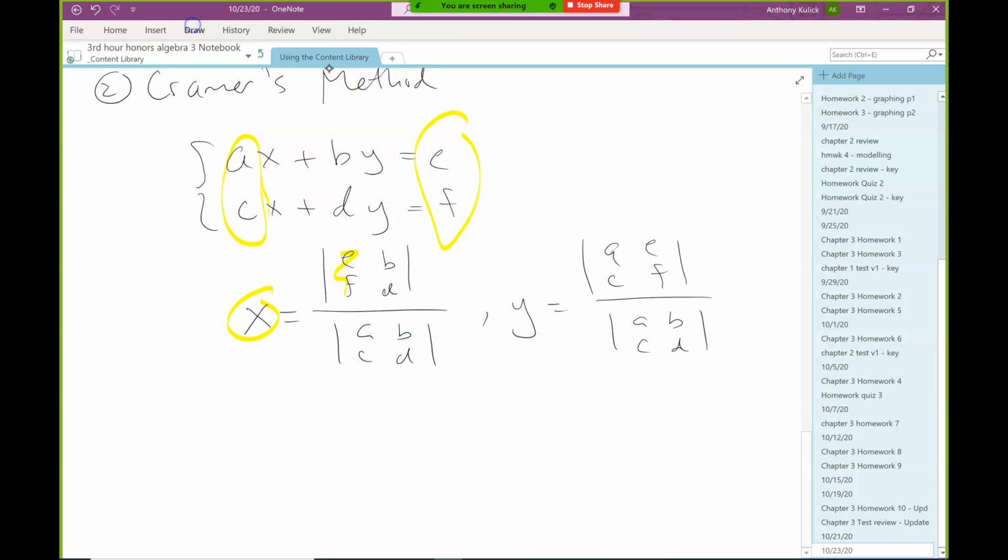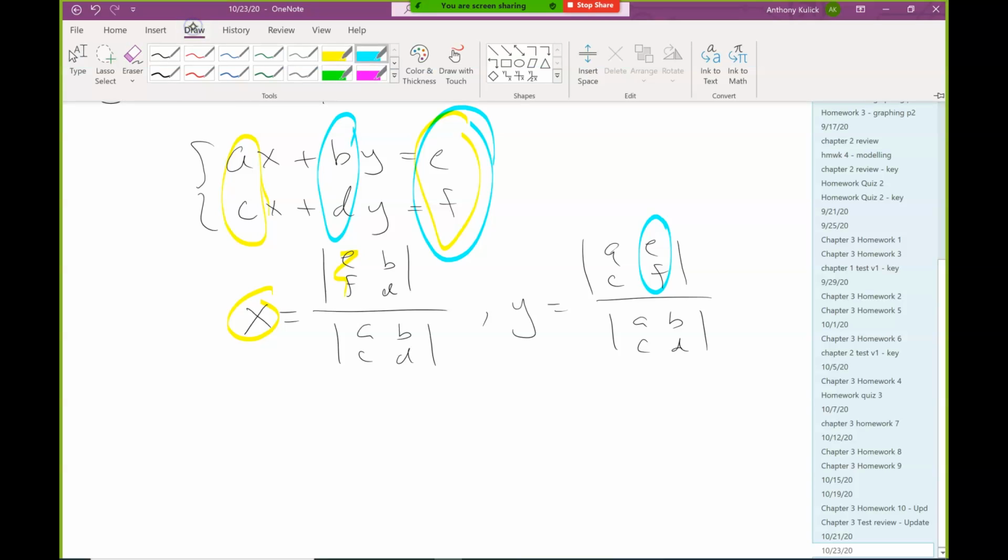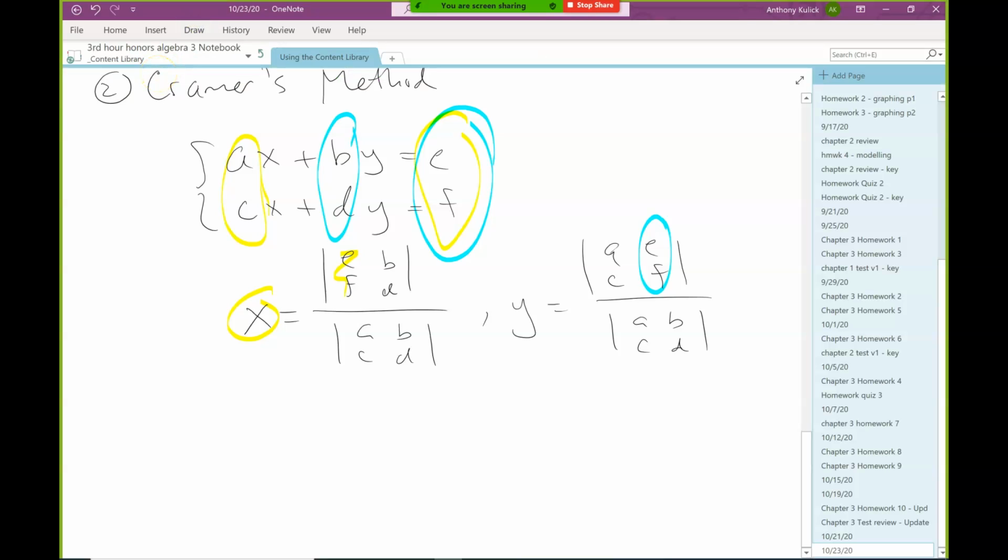If I'm solving for y, I'm going to replace the y column in the coefficients matrix with the solutions. Everything else stays the same. And this scales quite effectively to however many variables and equations you have in your system. So for example, if we have a 3-variable system,